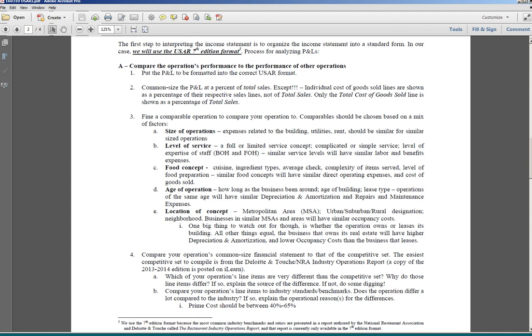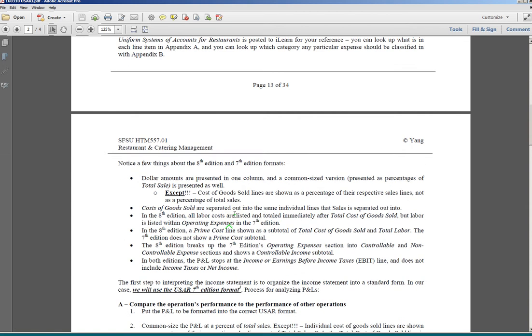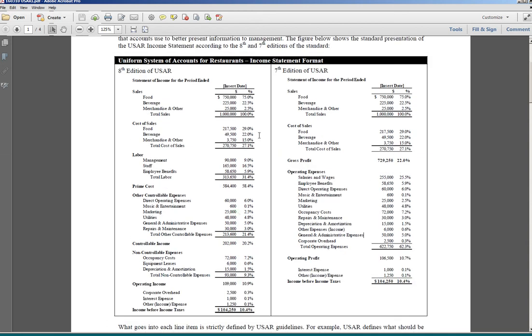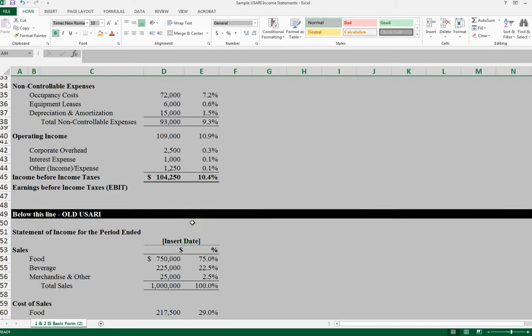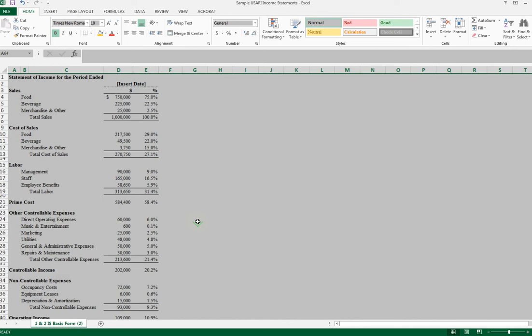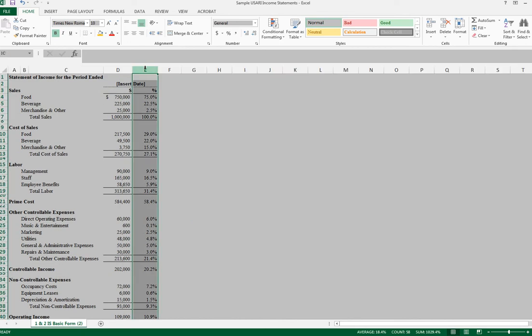Okay, so if I go back to the lecture notes, the first step that you want to do when you're just presented with a plain old P&L is to calculate the common sized version of the P&L. So if you're given a straight up P&L that just looks like this,